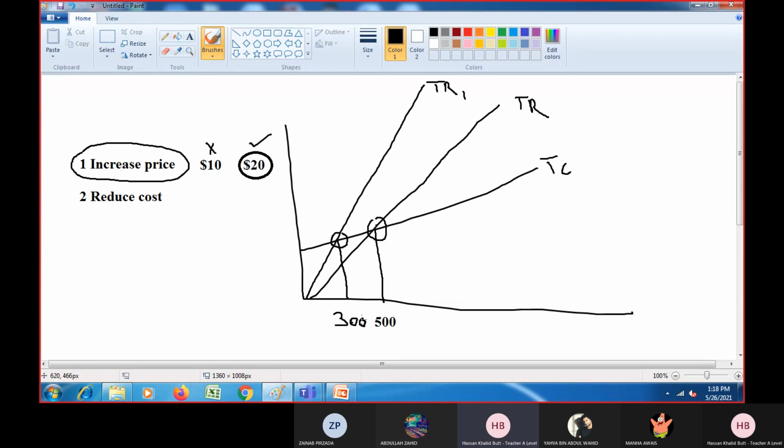See, so it means that one business decision can have an impact on break even, and we can see that impact on break even using the break even chart. So now this is not the break even. This was the old break even. Now this is the new break even, and we can say break even one.